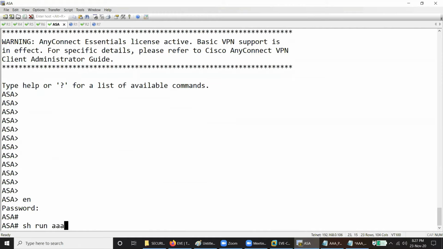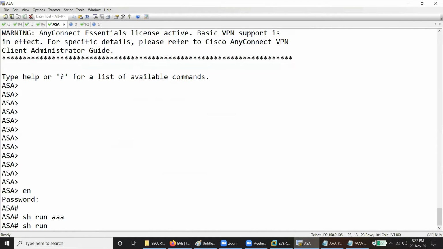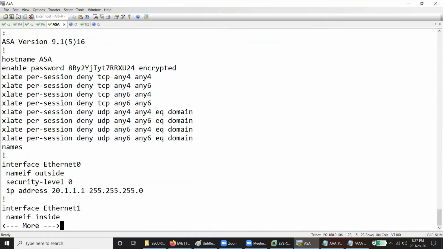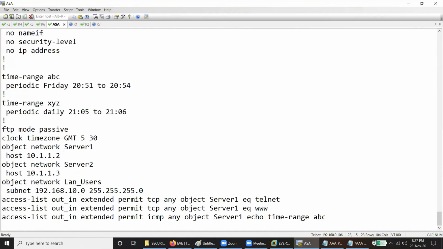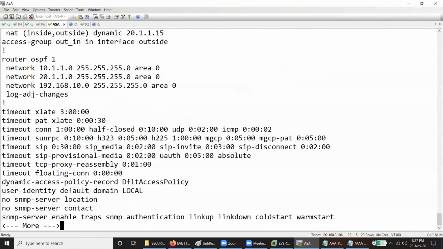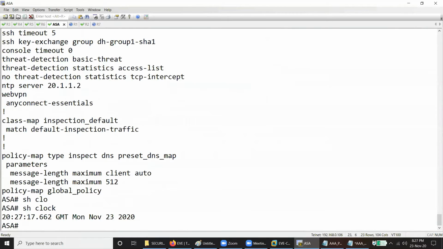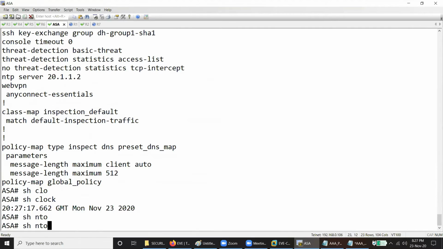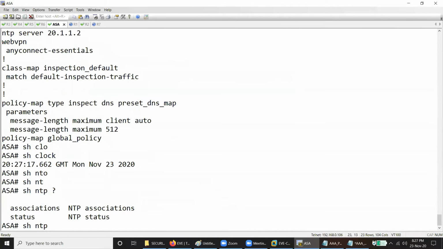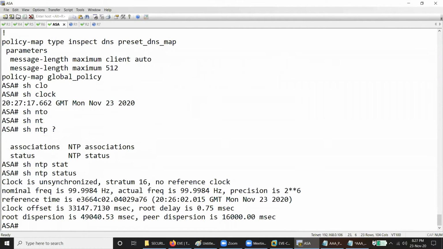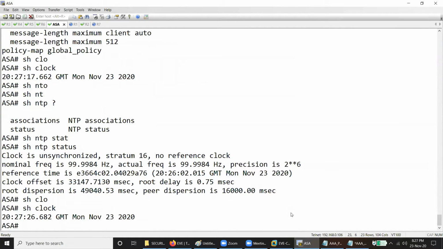Show run AAA. Date and time is correct now. I don't know, it is showing clock is unsynchronized. Anyway,